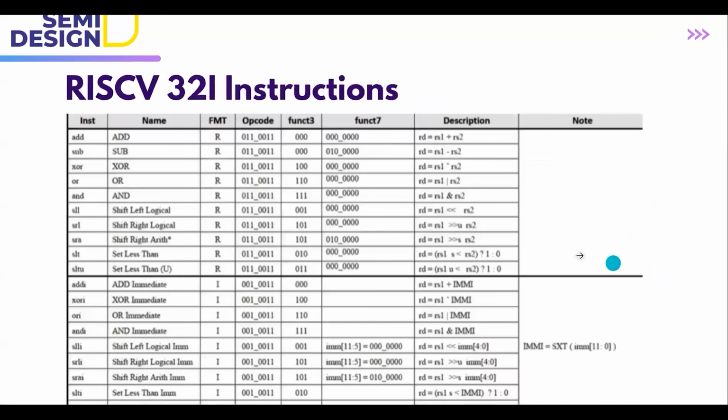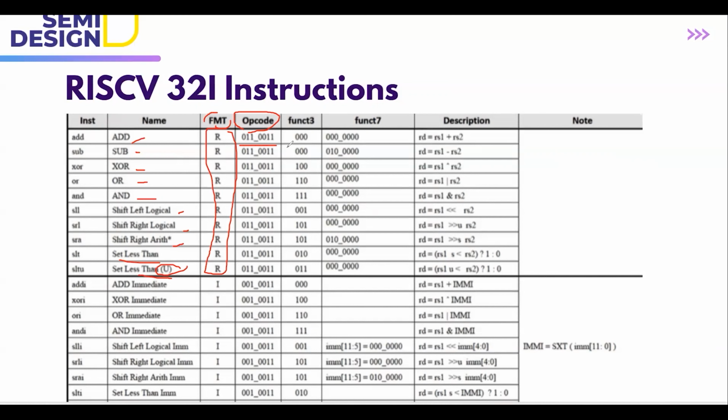First one is the R type. If you see, these are the different types of instructions. In R type we have addition, subtraction, XOR, OR, AND, shift left logical, shift right logical, shift right arithmetic, and set less than unsigned. U means unsigned. This is the funct and opcode. If you observe the opcode here, what is the value for R type? For R type, opcode is